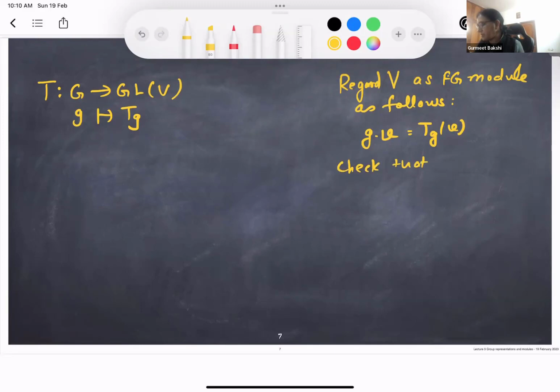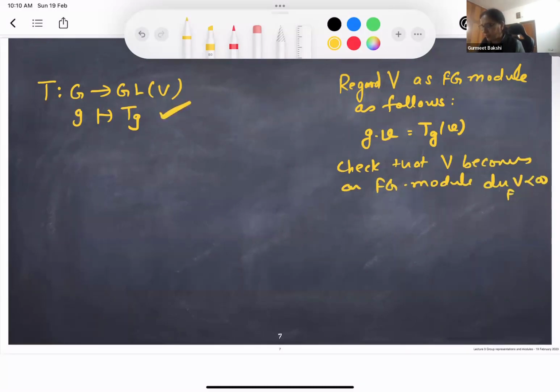V becomes... extend this linearly on Fg. I've just defined it on G. Extend this linearly on Fg and check that V becomes an Fg module. And the dimension of V over F is finite, which is already there with me from the beginning. So I have this, and so I've given you a map from S1 to S2, this is my element of S1, and I've given you an element of S2. Now conversely,